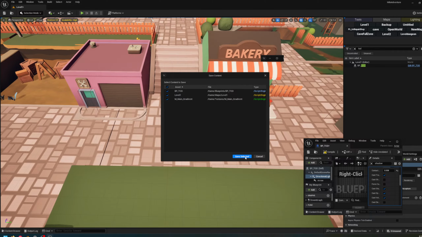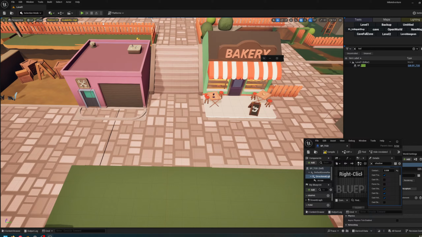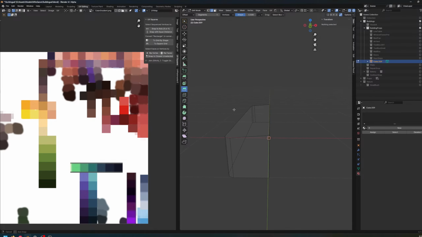Anyways, distractions. All right, so we got the widget done. We were working on the planter boxes. Okay, so